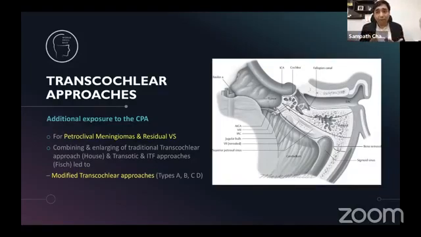I get a lot of people arguing with me saying, why don't we leave the cavity open, because we don't know what happens inside when you close the subtotal petrosectomy. My answer for that is that if you're doing a subtotal petrosectomy, blind sac closure, eustachian tube closure, you have all the time and place in the world to remove every bit of disease.